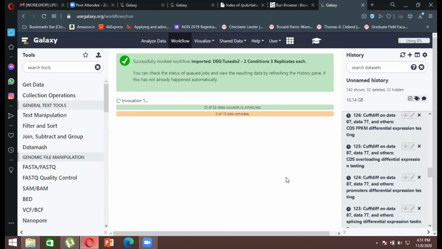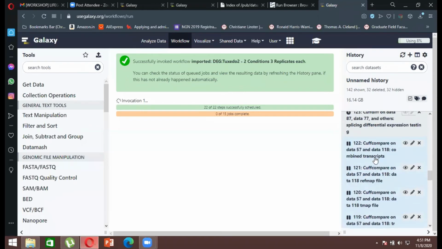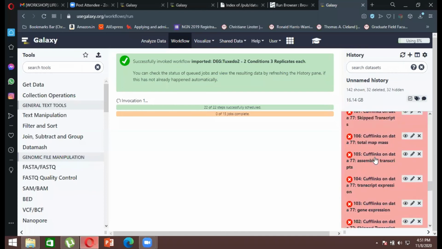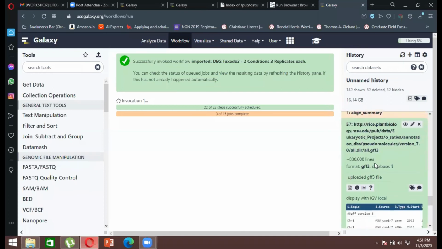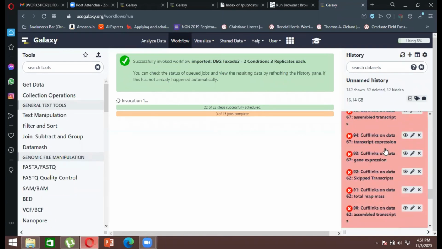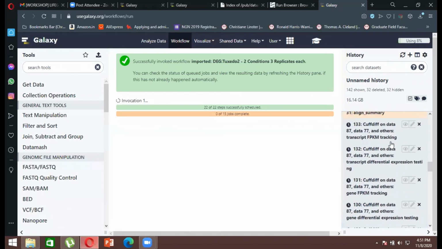Once you get the final result, you will get something like this. The data that I have obtained, you will get in this green format. Once you log into your Galaxy user again, you will get something like this in green color, and that shows that your data has now run smoothly. Now you can go for your data analysis. Here it is taking some time, and it will generate a data file.